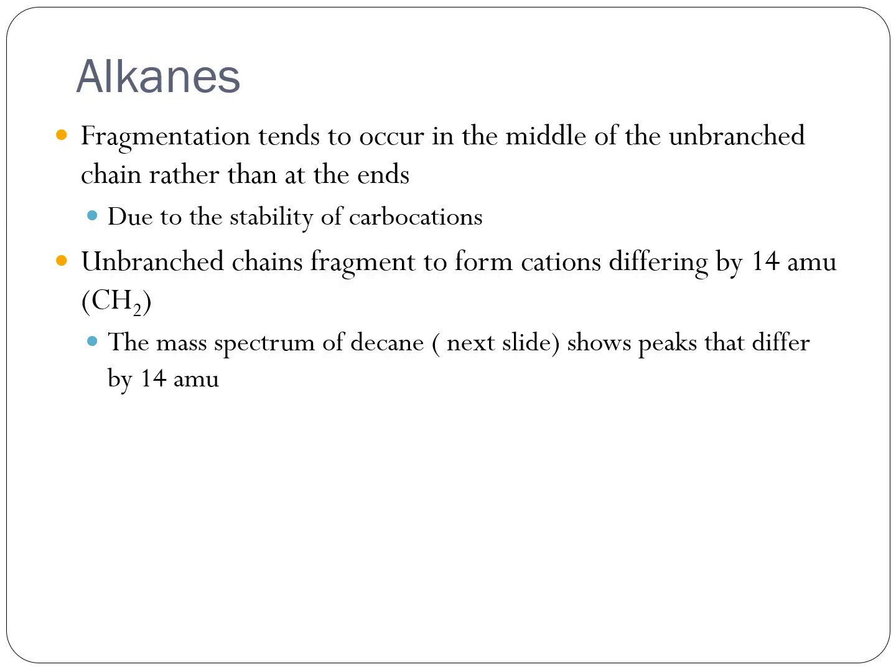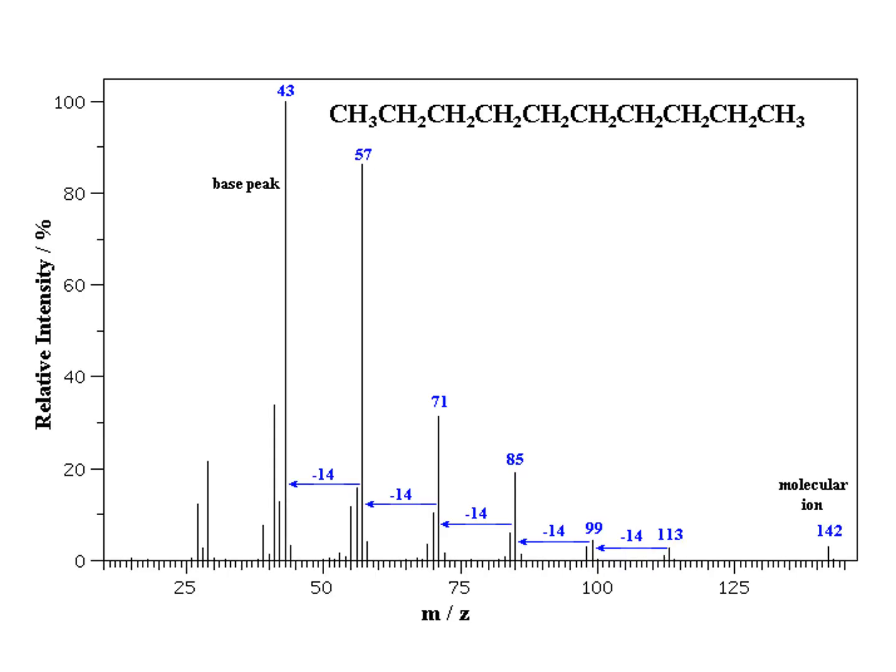We also see that they tend to fragment in such a way that they create stable carbocations if it is possible. So if we look at the example here, which is your decane, we see that on the right-hand side,